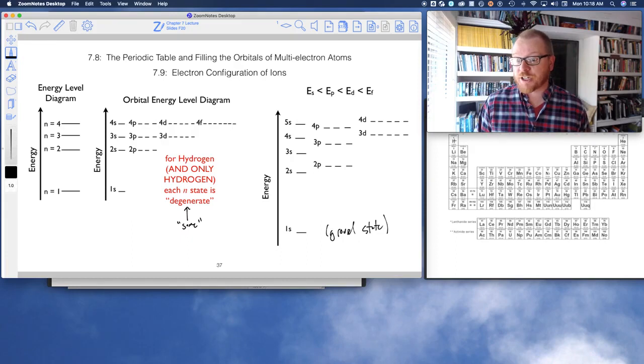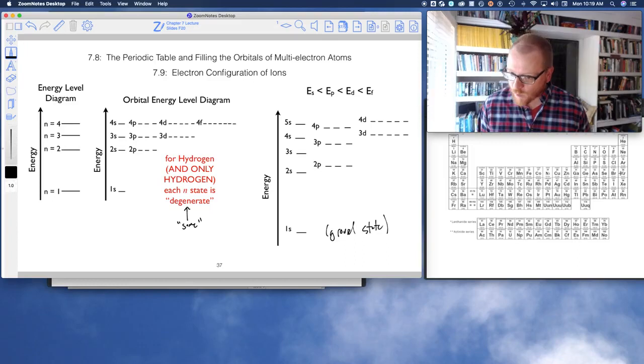So starting at hydrogen and helium, that's 1s. And then the next level, lithium and beryllium, 2s. And then if I keep going across, boron through neon is 2p. Okay, and then moving along, 3s. And then 3p. And then 4s. And then now 3d, 4p, 5s, 4d, 5p, 5s, and then after 5s,